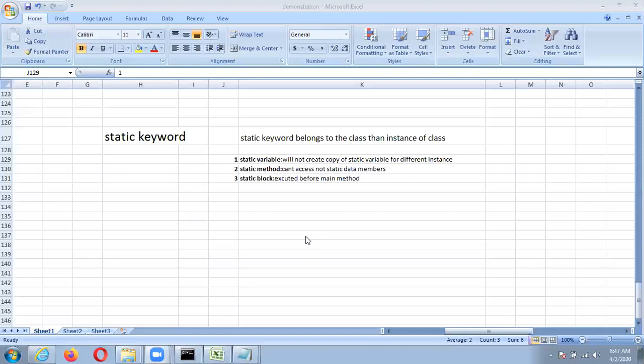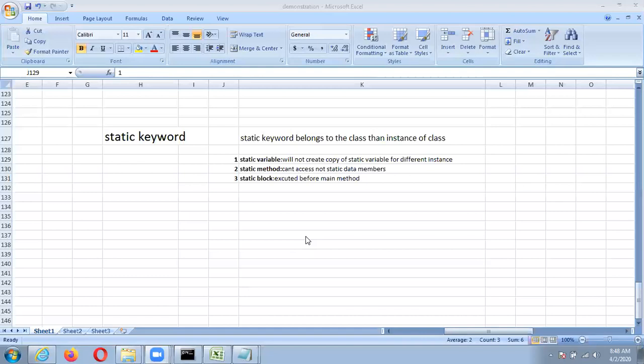This is what a static variable is, and we can also access static variables without creating an object of the class. So it belongs to the class rather than the instance of the class. Also, it will not create a copy of a static variable for different instances. It will access the same memory location for every instance of the class, that is, every object of the class.